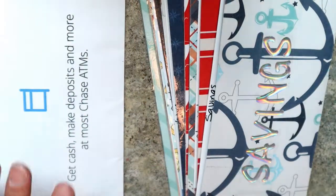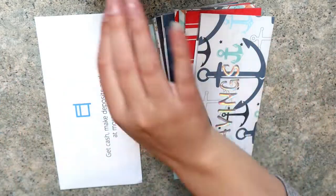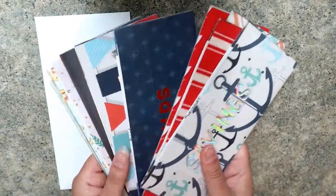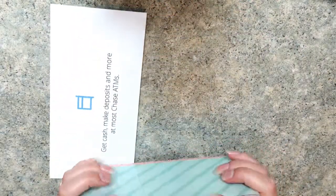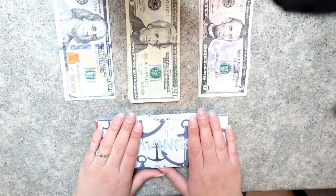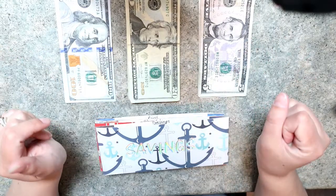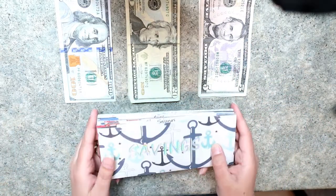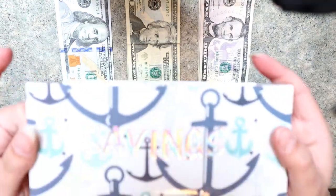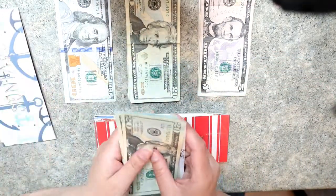Okay, so I'm going to zoom you guys back out a little bit. Get my cash ready, all laid out and pretty for you, and then we can start stuffing some envelopes. I got lots of envelopes now. So let's get that started. Okay, so now we have our envelopes and all of our cash. I'm just doing hundreds, 20s, and 5s today. That seems to be what we need to do. Some of these envelopes will not be stuffed today, but I will let you know which ones have not been stuffed. So first one, we have savings, and it is going to get